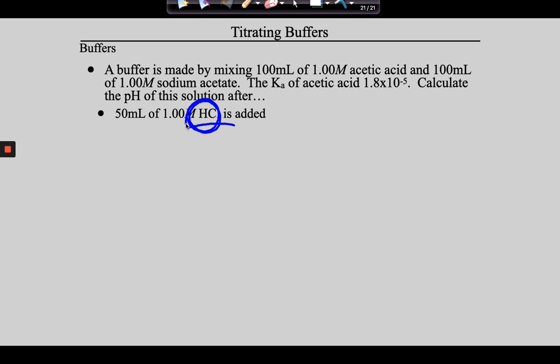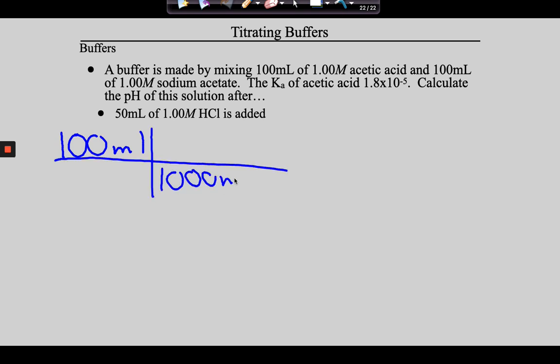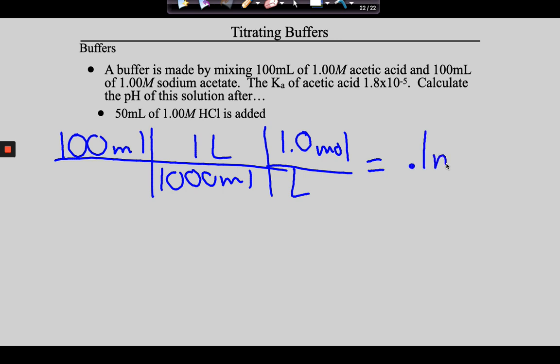You just do it. So guys, we've got 100 milliliters of our acid. 1,000 milliliters is 1 liter. 1 liter is 1 mole. Oh, look at me choosing easy numbers. This is math that even I can do. 0.1 moles of